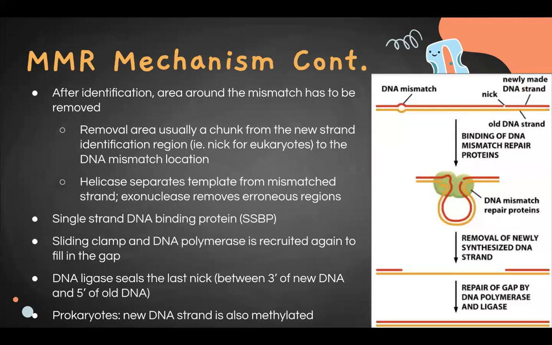And so continuing on, after the area has been identified, the area around the mismatch has to be removed. And so usually there's an entire chunk that ends up removed. So there'll be a nick on the newly made DNA strand, and